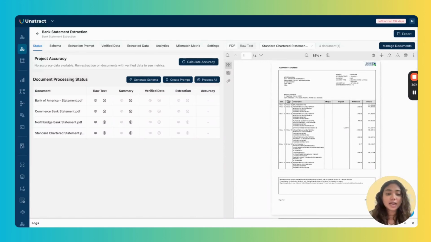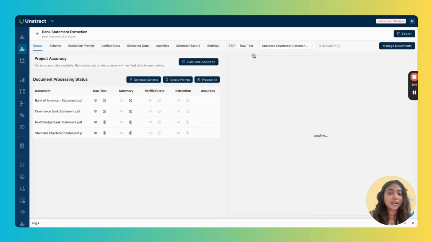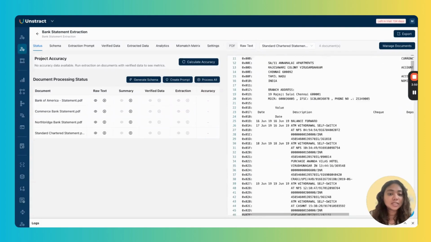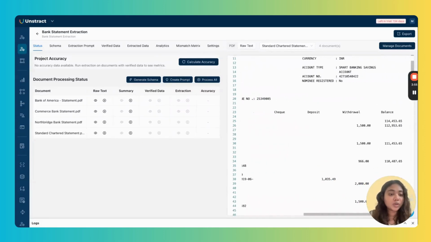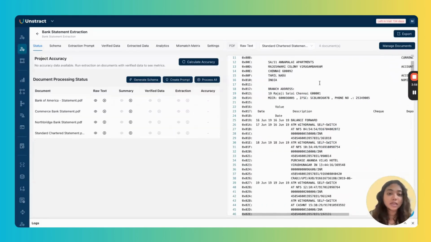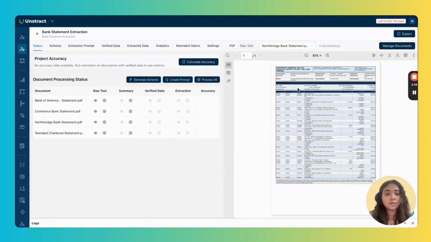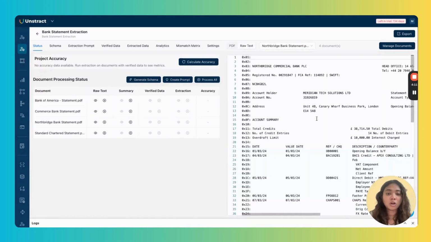Now you can see that I also enabled the raw text extraction using the LLM Whisperer connector. What it basically does is it takes the uploaded document and extracts the raw text in a format that is layout preserved and LLM ready. So you can see that every single detail from the uploaded document is extracted with its layout intact. Now, LLMs again process documents very similar to how humans do. So, when that is the case, it is best if you just preserve the original layout of the document, because the document is, anyways, designed for human comprehension.